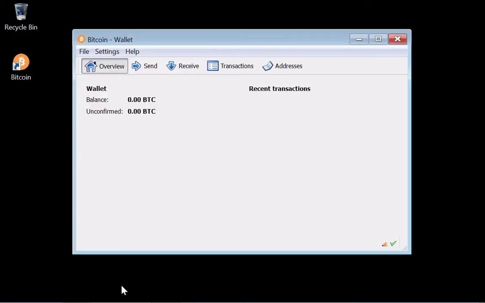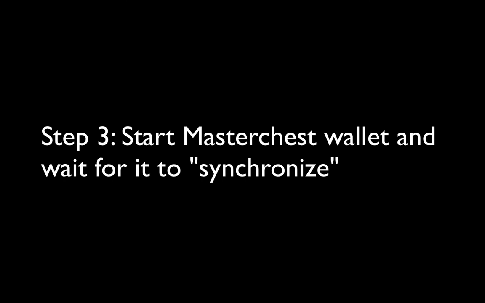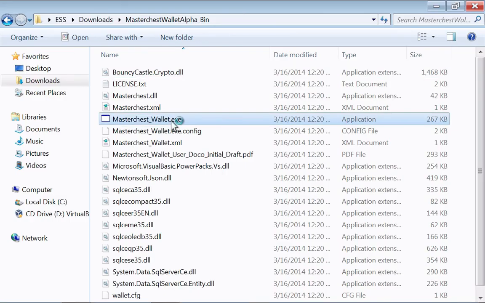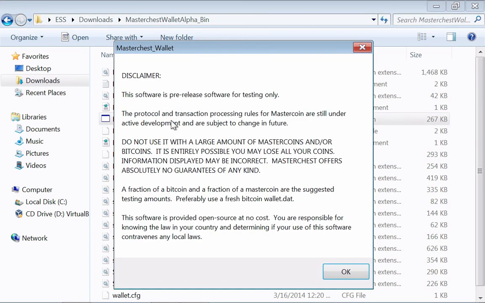So let's go to step number 3, start the Masterchest wallet and wait for it to synchronize. And we'll explain what synchronize means. So click on the file masterchest_wallet.exe. You will see a disclaimer that the software is pre-release. Please read this disclaimer. Press OK, and then you will see the